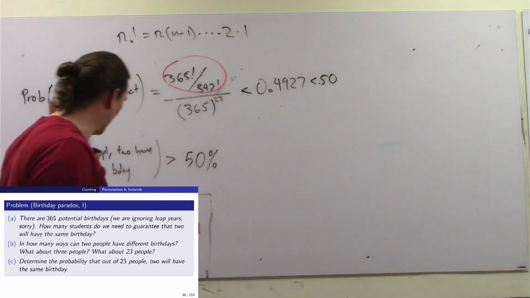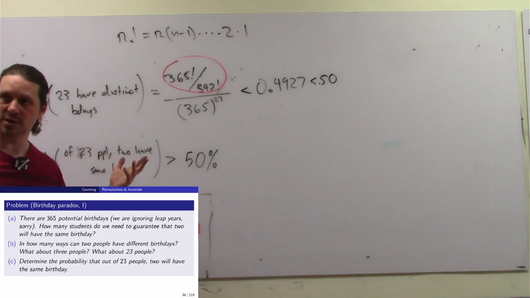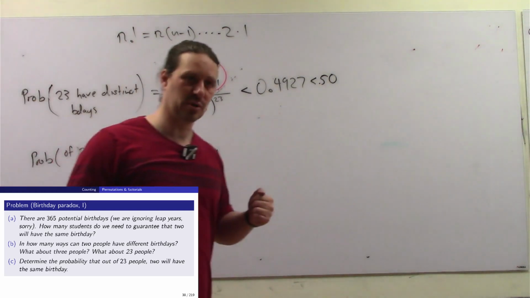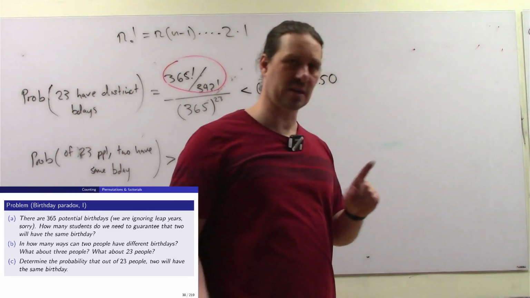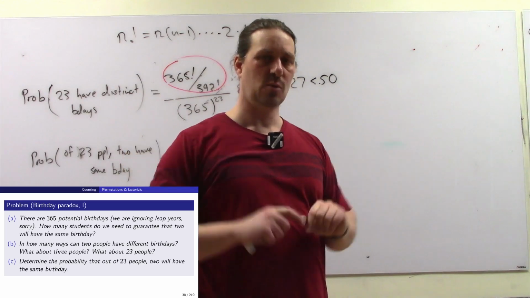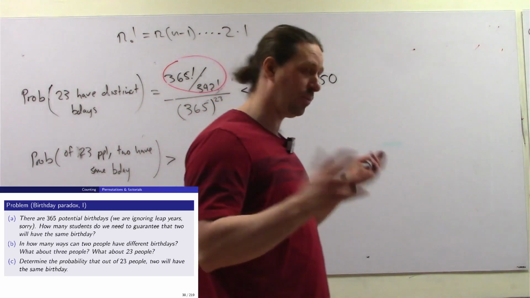Notice what this doesn't say. This doesn't say that I am likely to have a shared birthday with someone, right? It rather says that there's some 2 people among those 23 that will have the same birthday as one another, okay? So I want to ask the following question just for a second. For just any particular 2 people, what's the probability they have different birthdays? Okay? Just 2 people. We actually answered this a moment ago,